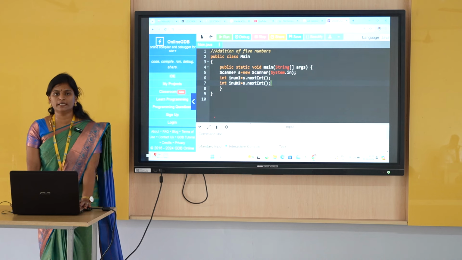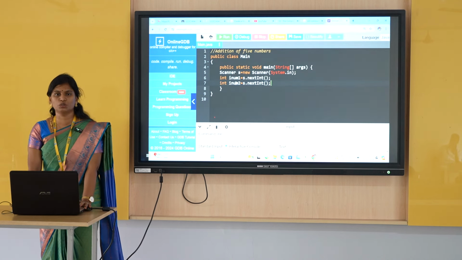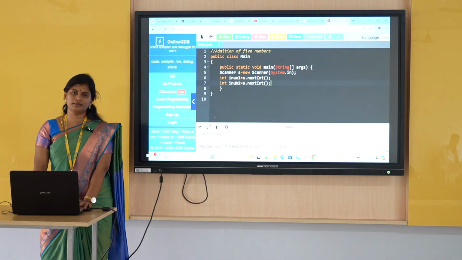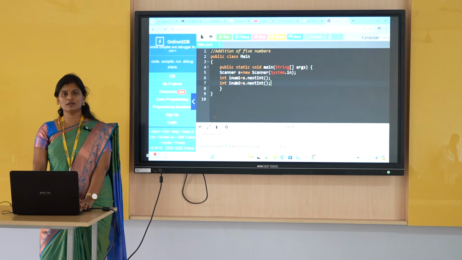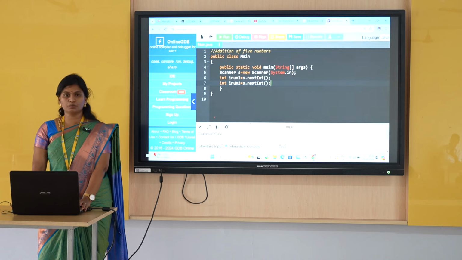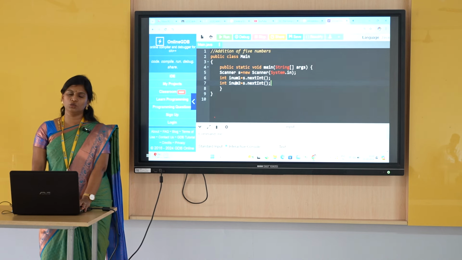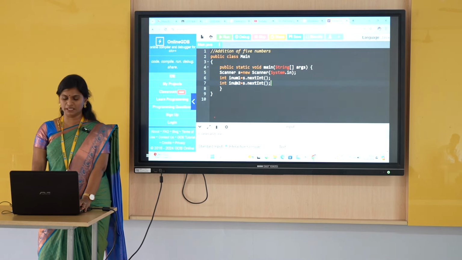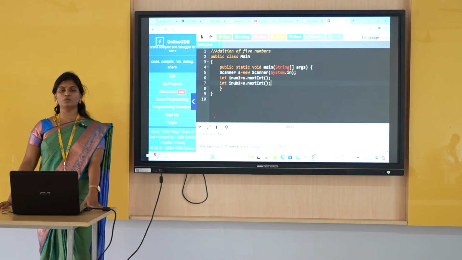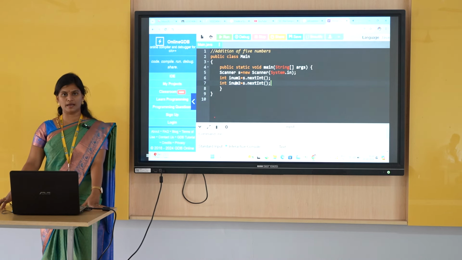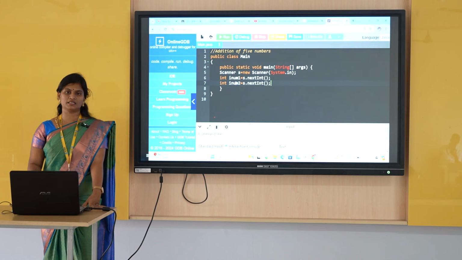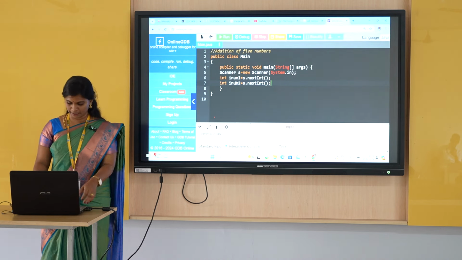Suppose I want to read float values, you have to use the nextFloat method. Suppose we want to get a single character value, you have to use the charAt method. Suppose we want to read a string, you have to use the nextLine method. More methods are available in the Scanner class, and you have to access these methods by using object name dot method name.